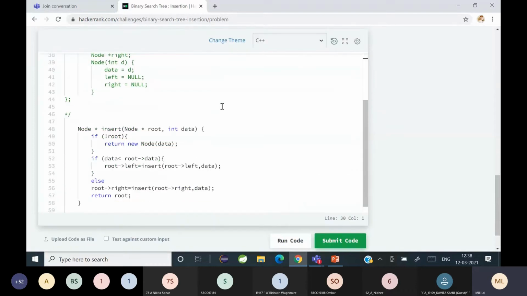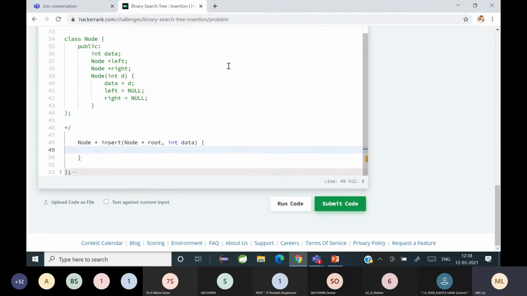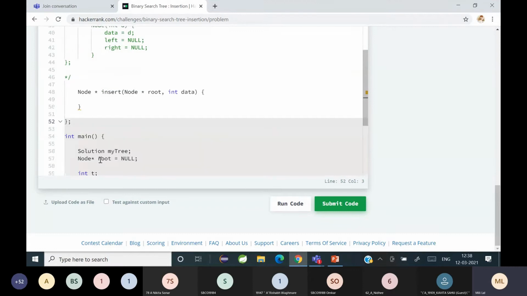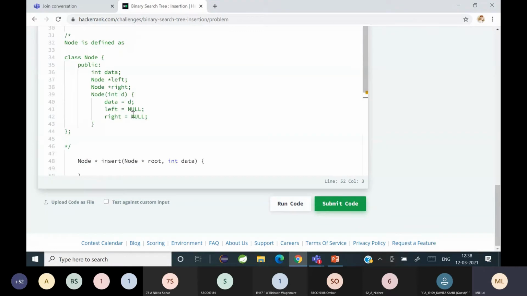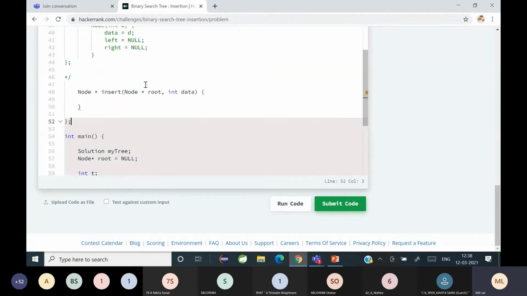Almost every part of the code is given; this part I have typed. Some part of the code is hidden. What they're telling you is to complete this insert node function.